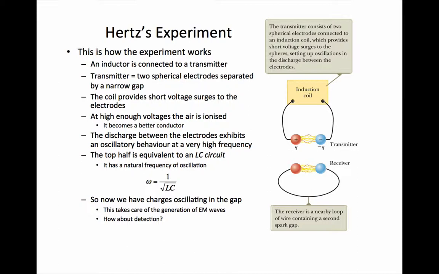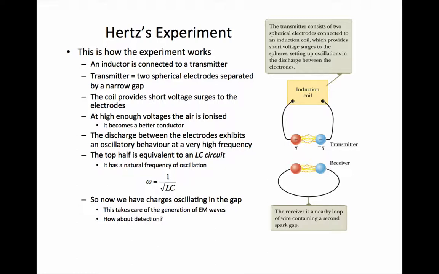So the secondary coil was a solenoid, so it was an inductor, and there was a capacitor in the circuit as well. When you have both of these components in a circuit, then the circuit will oscillate. This is because the inductor and the capacitor both store energy, as we've seen. The capacitor stores energy as an electric field, and the inductor stores energy as a magnetic field. So, at the right frequency, the stored energy oscillates back and forth between the capacitor and the inductor with very little loss. So their effective resistance is very low at that frequency, and so that's where most of the circuit's